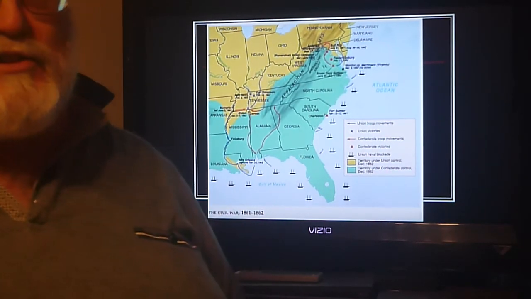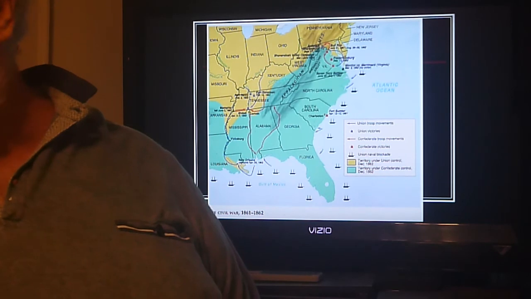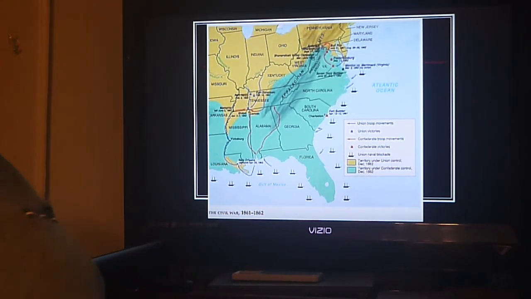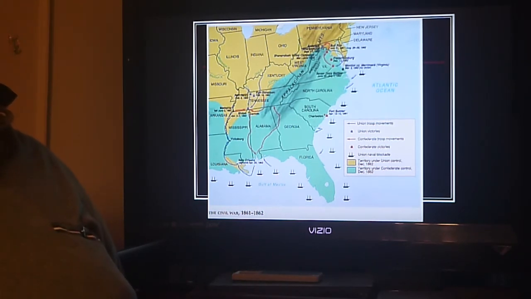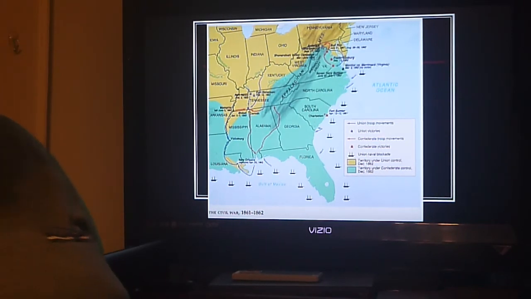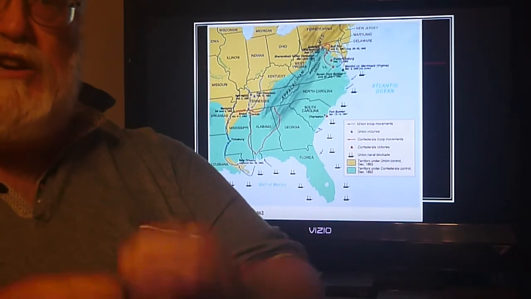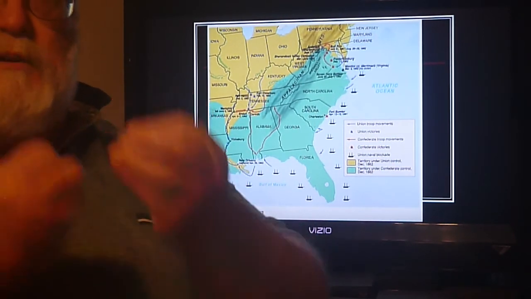So England has to figure out, and in the first analysis, the idea is that they're going to support the Confederacy because the Confederacy is the group that has the cotton. And so the English are going to start making all these weapons and everything, and it'll not be until Abraham Lincoln issues the Emancipation Proclamation that it forces England to stop supporting the Confederacy. Once the Emancipation Proclamation comes out, Abraham Lincoln is going to make it impossible for the British to turn a blind eye to the fact that their continuation of support of the Confederacy is a continuation of supporting the institution